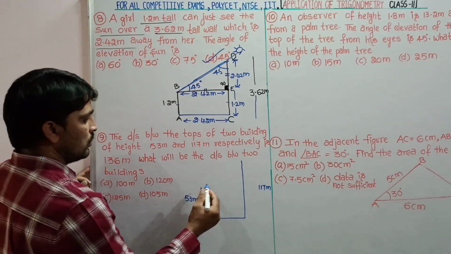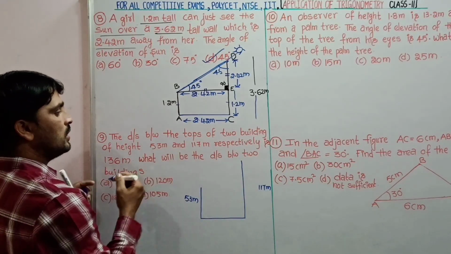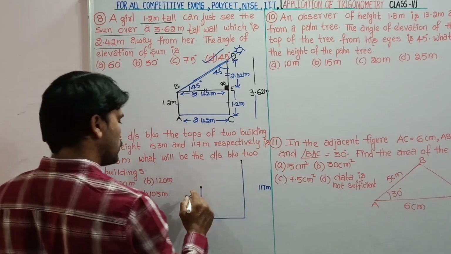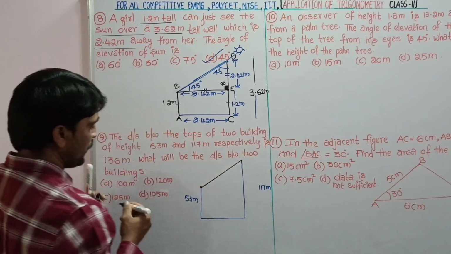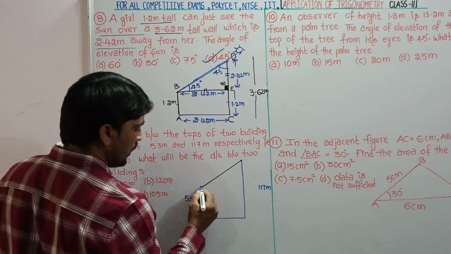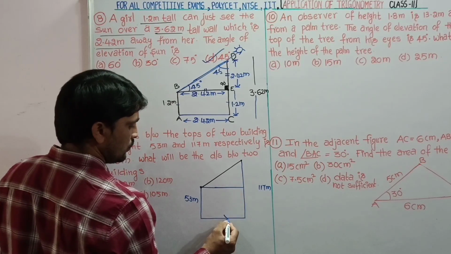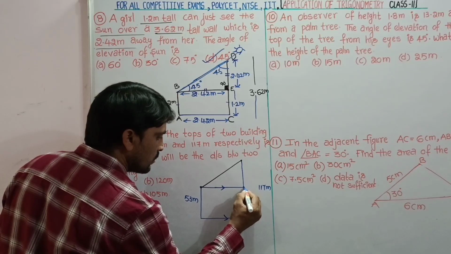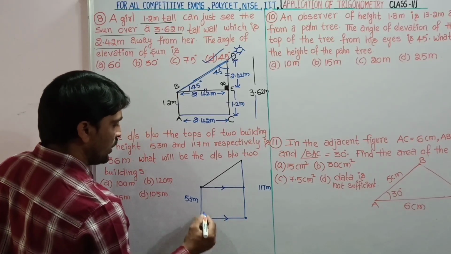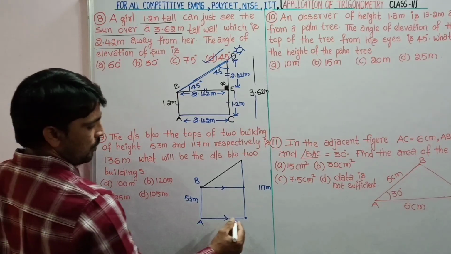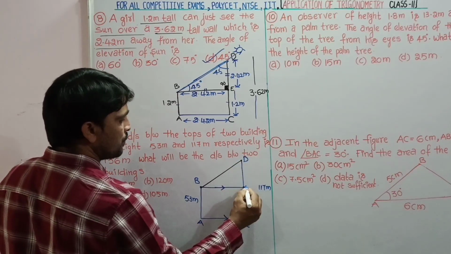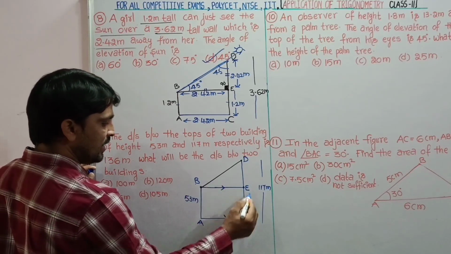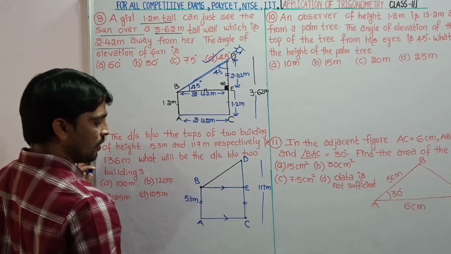Okay, so the distance between the tops of two buildings are these 2 points. Join these 2 points, and draw a line parallel to the base. So this is 53 meters. Then let us suppose AB is one building and CD is another building. This point is E. CD is total 117, but ABEC again forms a rectangle.